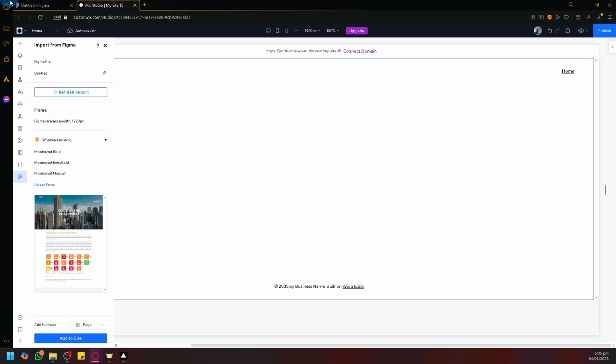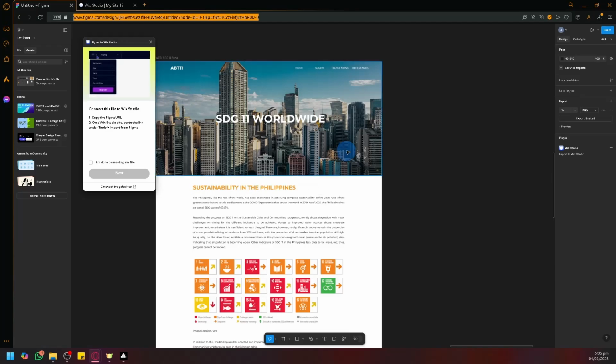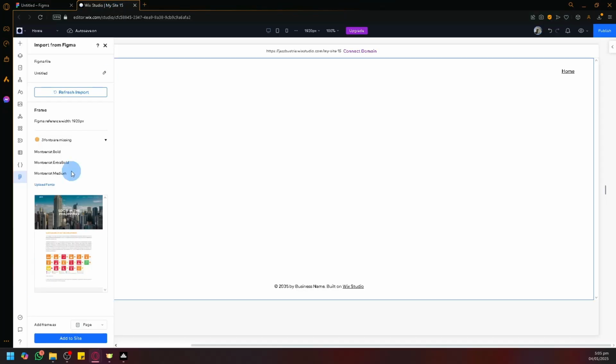And if you suddenly change the font from your design, the design would suddenly look off because it's not the font that you have used. And of course, if you have clients, they might not like the fonts that you have chosen later on. So I suggest that you just download it to avoid that issue. And after that, you could choose if you want to add this frame as a page, as a section, or as a container. So let's say as a page, I can simply add the site over here,